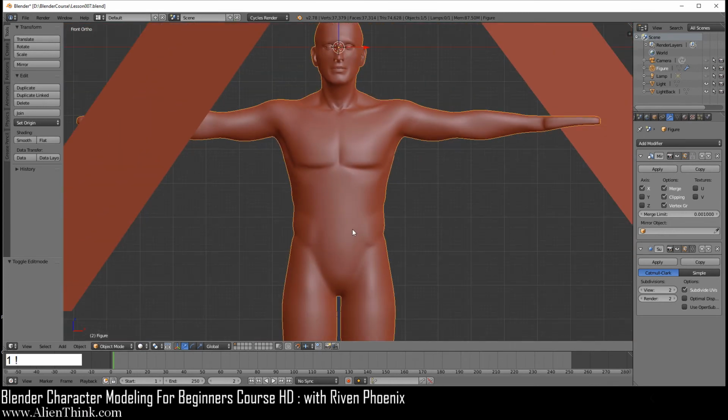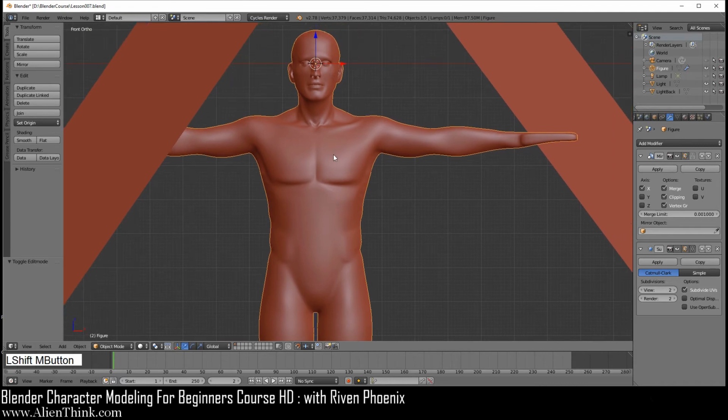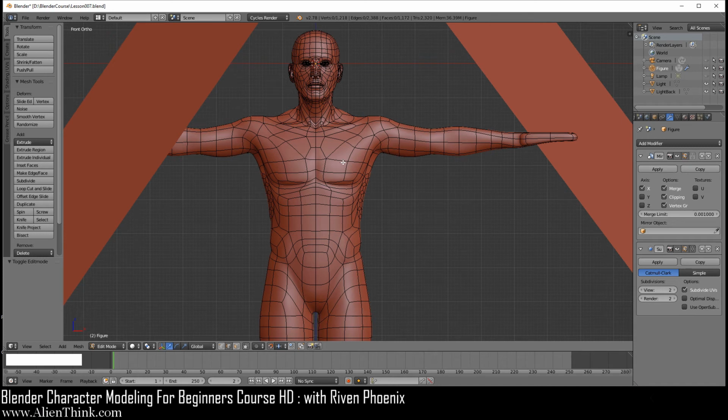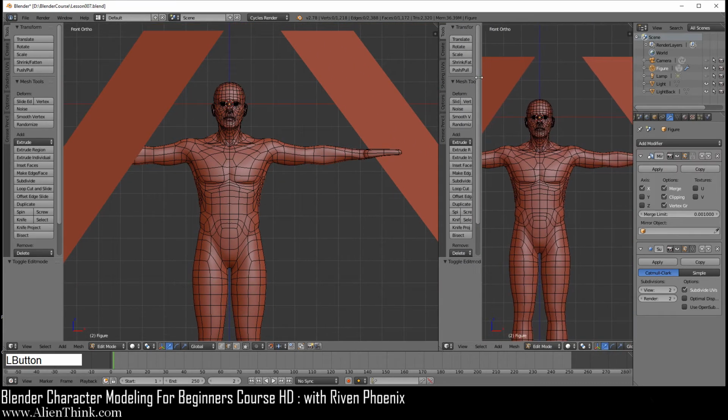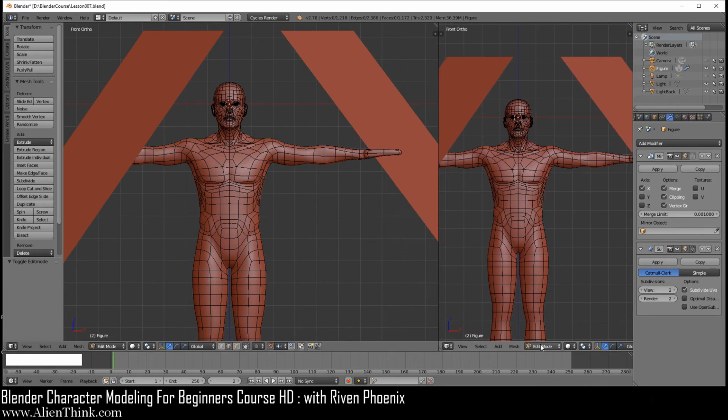And I just want to show you something over here. So let's just say that you are modeling this, okay? And you have a separate monitor, let's say, or you just want to do it over here. So I'm just going to click on this. I'm going to left click and just pull this out. So it'll just duplicate this window. We can shut this off by doing this. And if you scroll your mouse wheel over here, it'll just pan this.